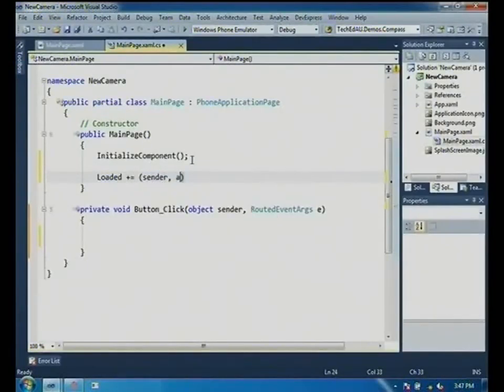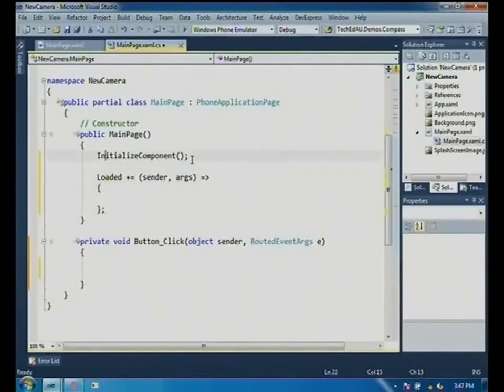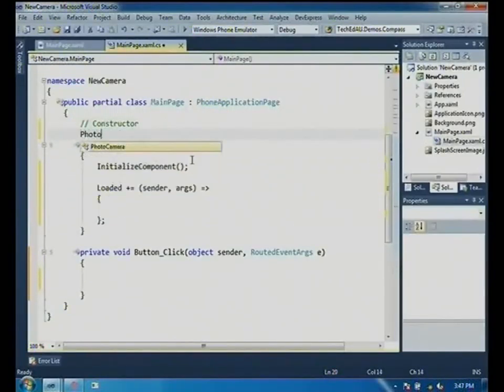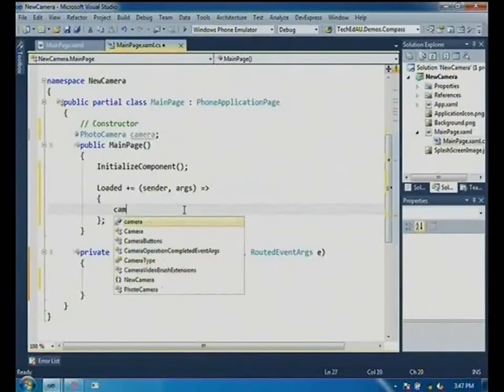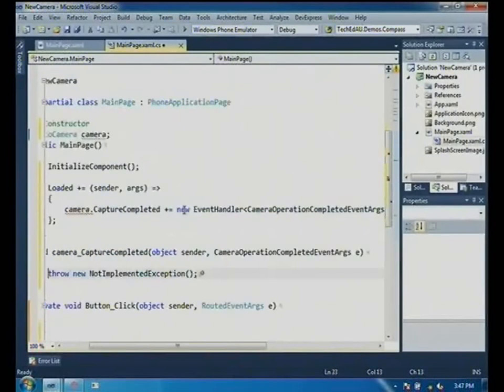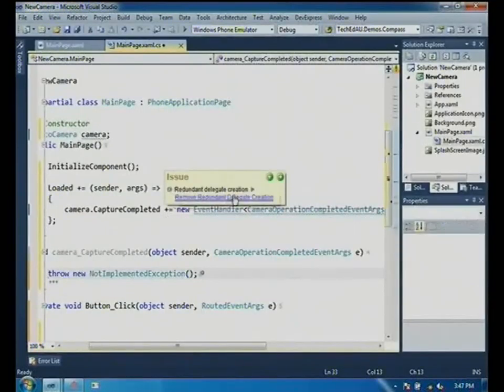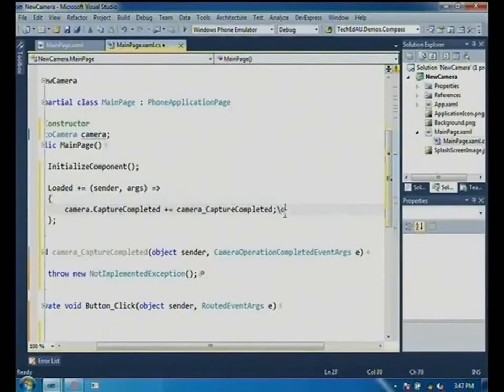Back again. Load up our event. So with our photo camera, there's a couple of events you need to look to wire up to. Capture completed, if you want to increment the value to say you've taken 5 or 6 photos.